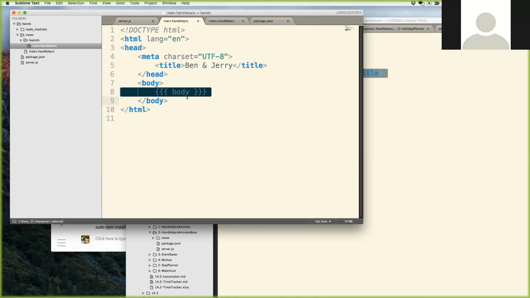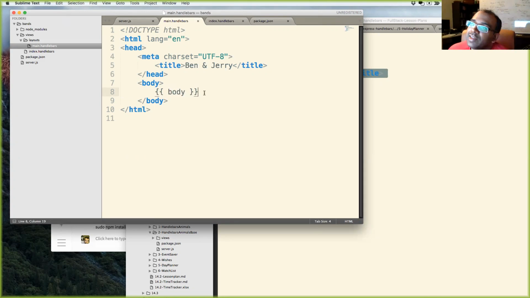So if you were to fail to put the last bracket, would it still display something, but as an object? Because the 3 means it wants to show as HTML, right? Yeah, essentially. You want the third bracket there, because otherwise it's basically expecting a key called body, and it does not exist. So you want the third bracket right there. I'll remove the third curly bracket, and you'll see what happens, okay?